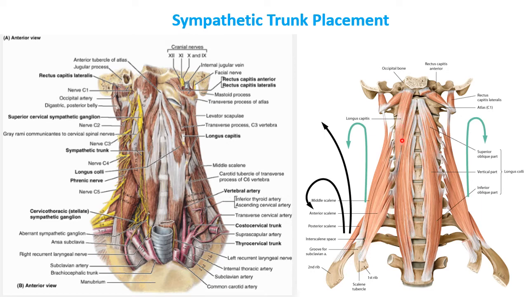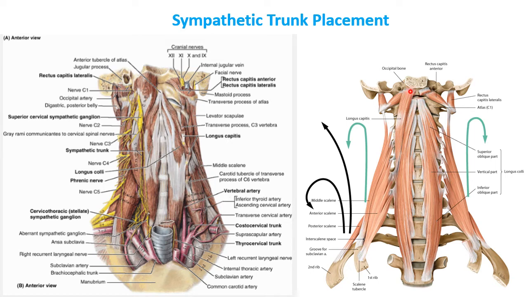You can also see the first rib as well as the second rib. Now, anterior to the vertebral column are present muscles which are called the prevertebral group of muscles. Notice these two muscles running from the occiput to the atlas. These are rectus capitis anterior and rectus capitis lateralis. We're not going to do them in detail, but since they are running between the occiput and the atlas, they will be important for the movements taking place at the atlanto-occipital joint.